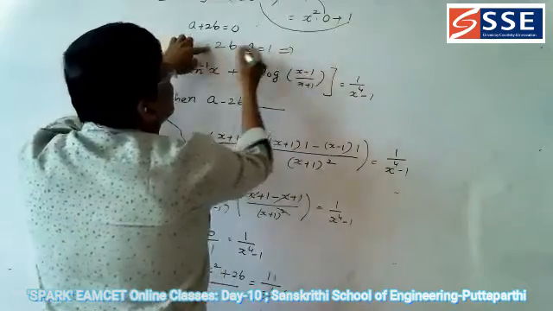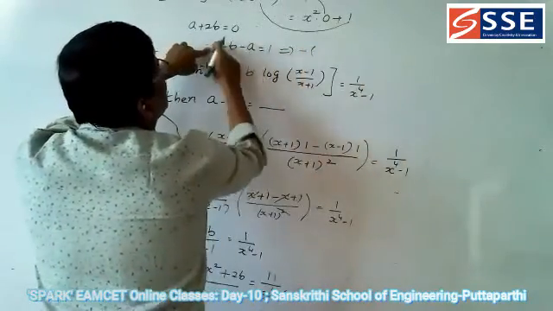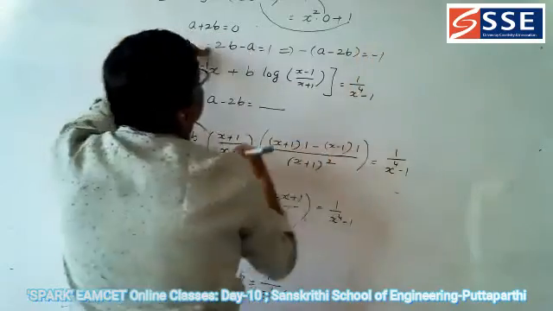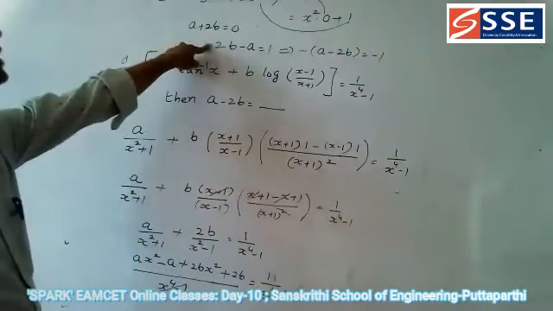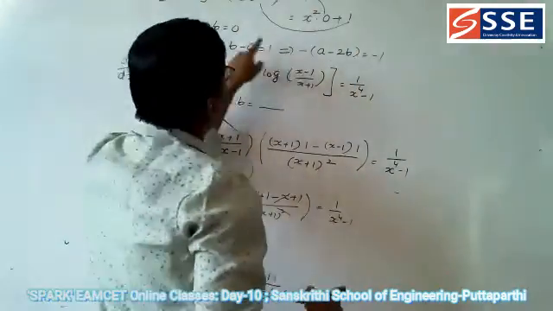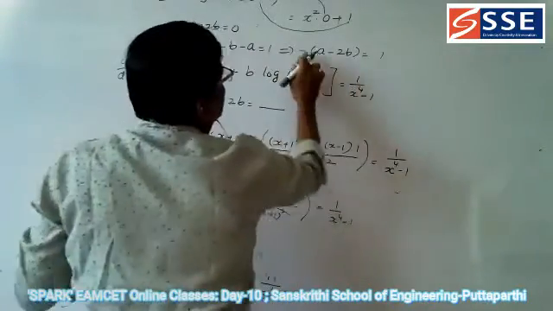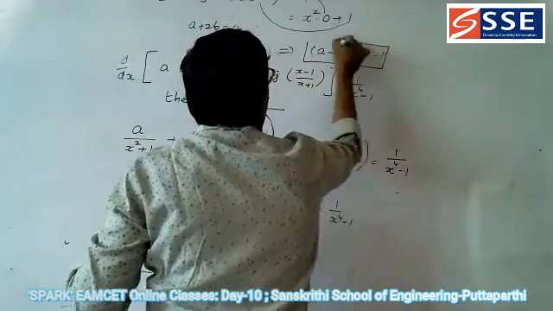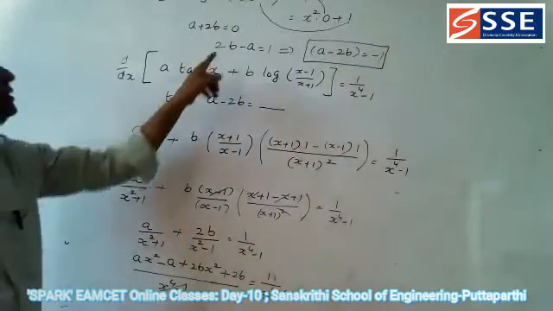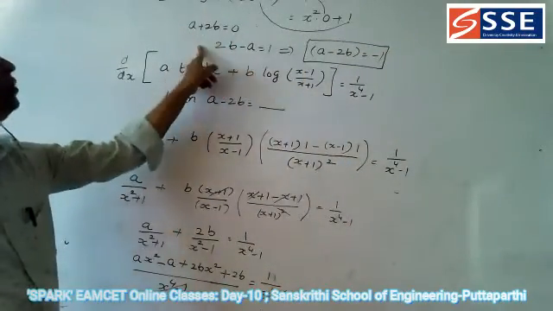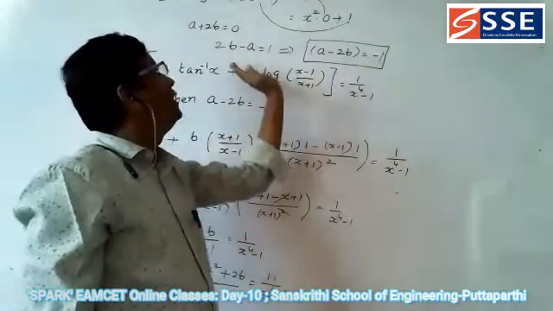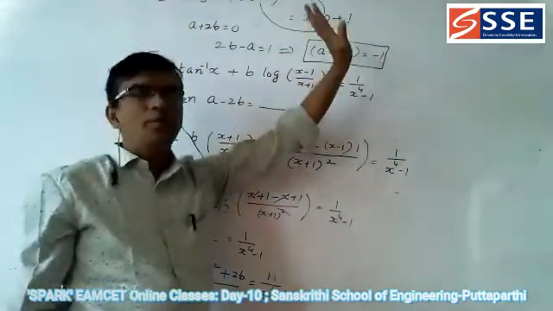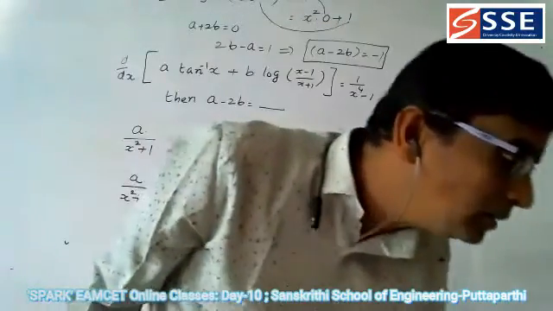Now take out minus as common. What does it become? Minus a plus 2b minus 2b is equal to minus. Why? Because take out minus here common and keep it like this. If you bring this minus to this side, what does it become? Minus. So what is the answer? A minus 2b is equal to minus 1. Why? Because here 2b minus a is there. Take out minus common, and a minus 2b, and bring this side, it becomes minus. So a minus 2b is equal to minus 1 is the answer. Good.